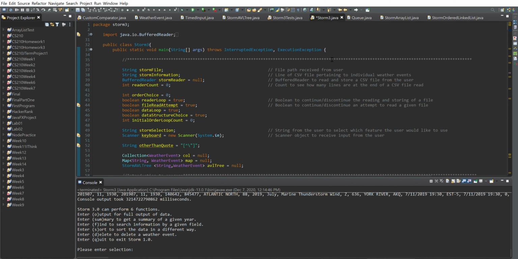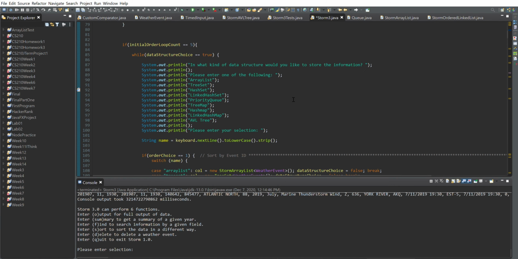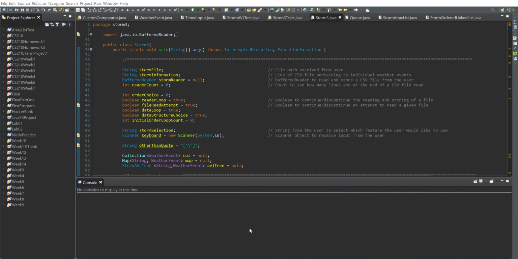And amongst those general ones, except for the Storm AVLTree, there was some slight things we had to do here and there to make sure that they behave properly for the kind of data structure that they were. So we'll go ahead and start with, let's see, an array list, I think, first. So we'll go ahead and start. At the beginning, the